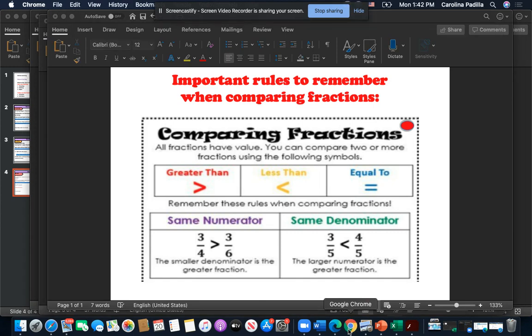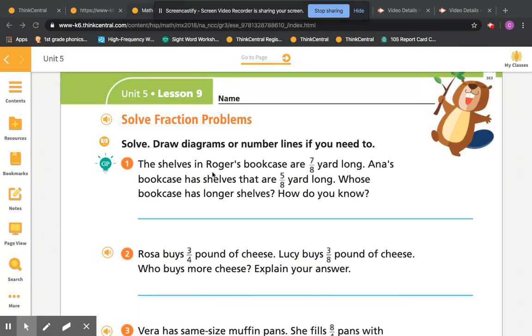All right, so on problem number 1, it says the shelves in Roger's bookcase are 7/8 yard long. Anna's bookcase has shelves that are 5/8 yard long. Whose bookcase has longer shelves, and how do you know? All right, so keeping in mind the rules that we already went through,